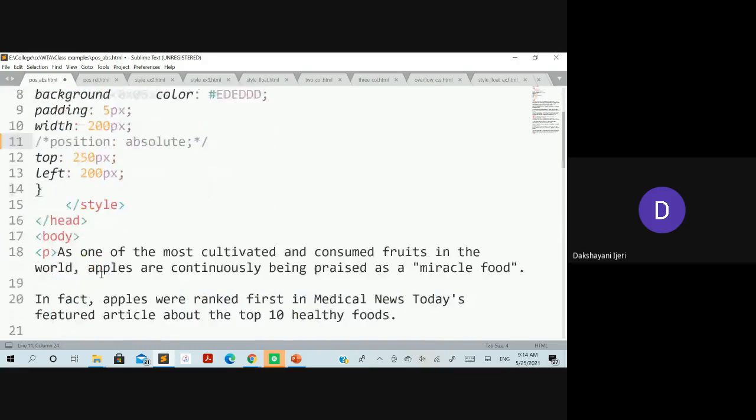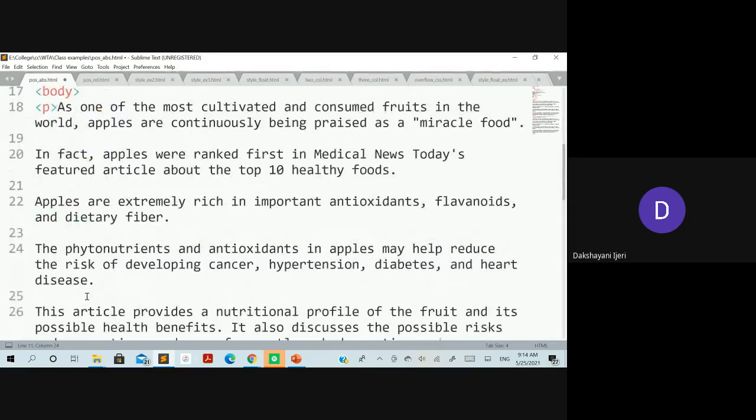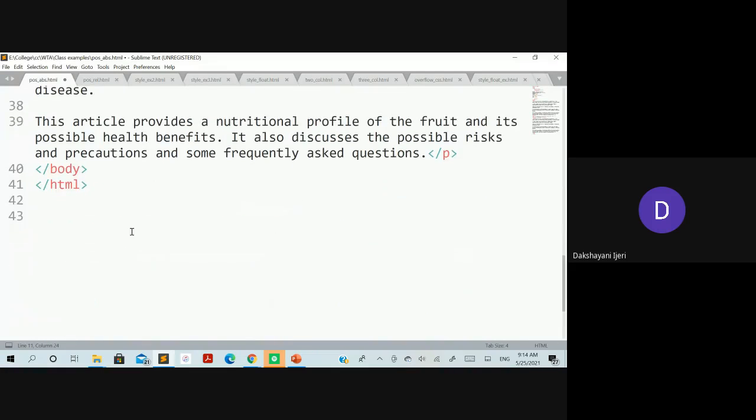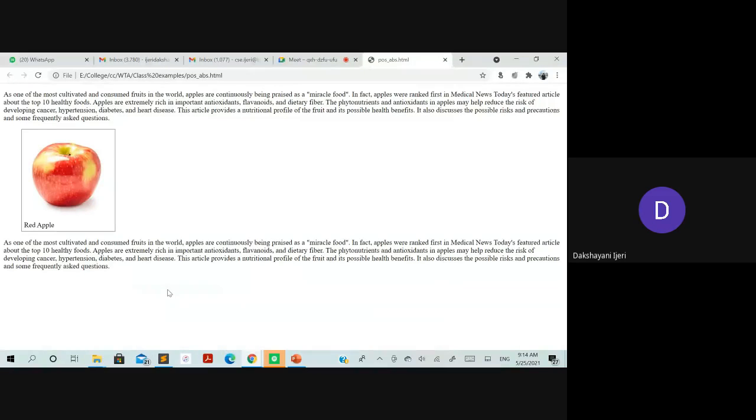So the figure has been defined, and within the body we'll see a large paragraph has been taken. Within that paragraph, a figure element has been taken to which all the properties that have been defined are going to be applied. And within that figure, an image has been put, followed by a figure caption, and followed by another paragraph over here. Okay, so I'll just run this program. So this is how it is displayed by default: a paragraph, an image with a border, and the figure caption followed by another paragraph here. Okay, so we'll see what difference it is going to make over here.